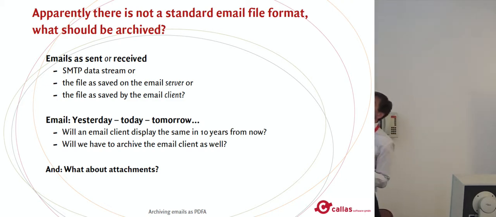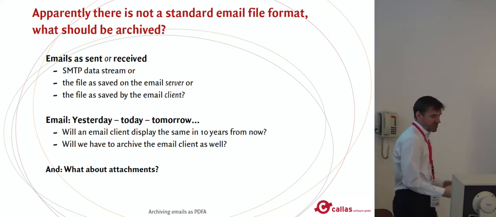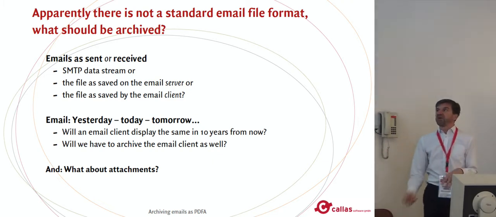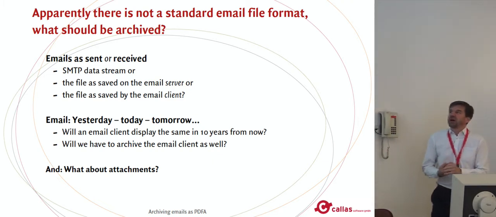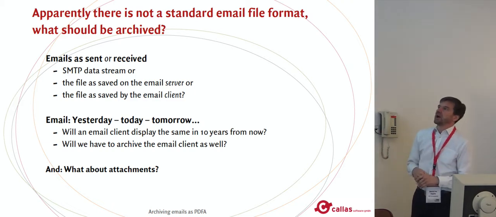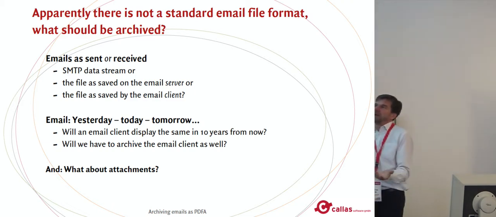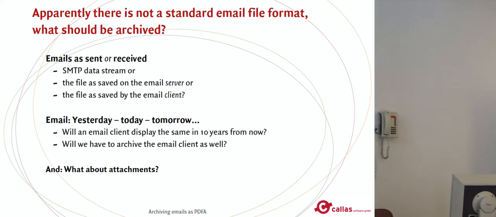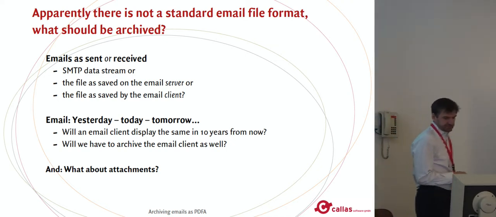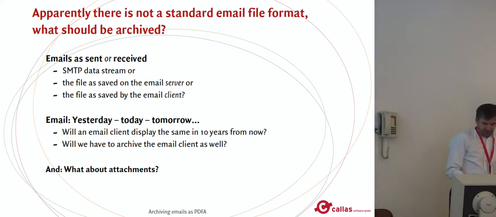And that's just the beginning, so it really gets much more complicated when we say, okay, but an email may have an attachment, like a Word file or Excel spreadsheet or whatever, or a zip file, or some kind of sophisticated archive system. And then if we want to archive the whole thing, we need to take care of these formats as well. Okay.